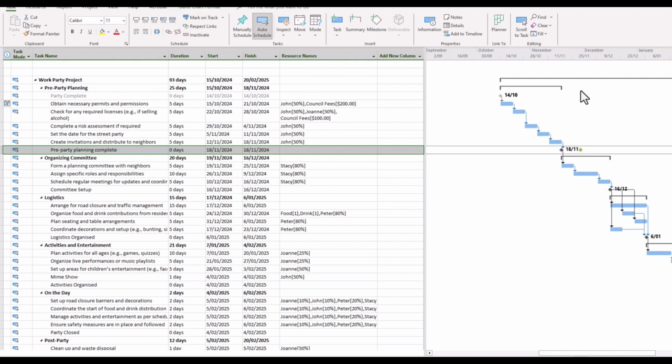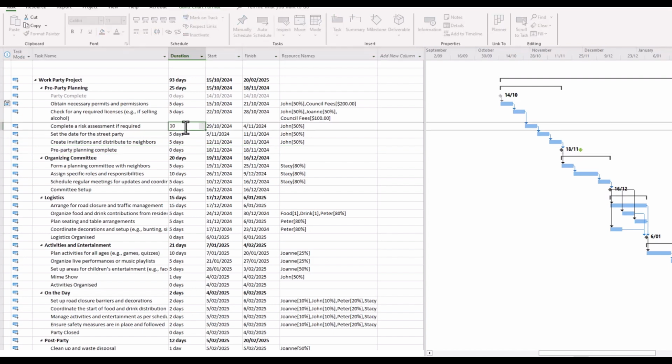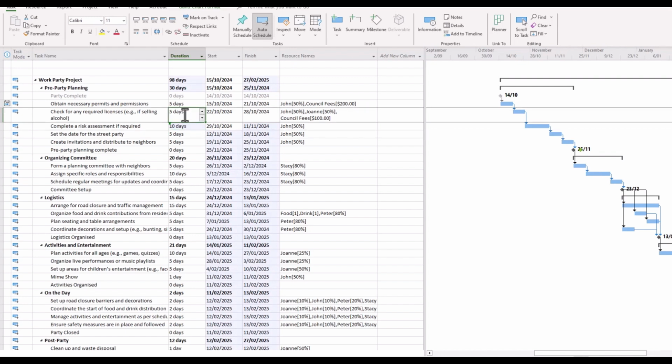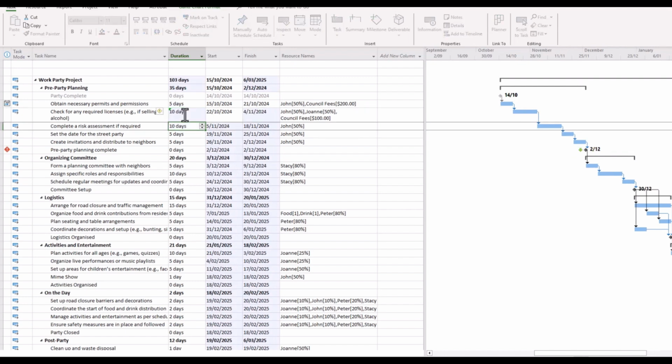Now you might wonder what happens when you exceed that deadline. Are we given any notification of any sort? Well, let's look at this together. Say for instance, we exceed some of these tasks, change this task from 5 to 10 days. We're getting closer. Let's change another one from 5 to 10 days. And you'll notice that we have exceeded it. You'll notice that our deadline is now before the actual planned date of that milestone.